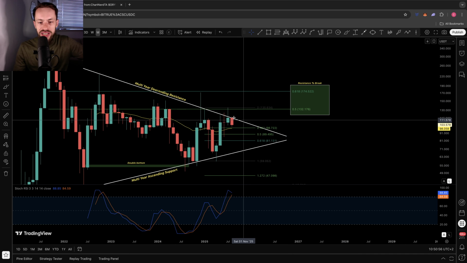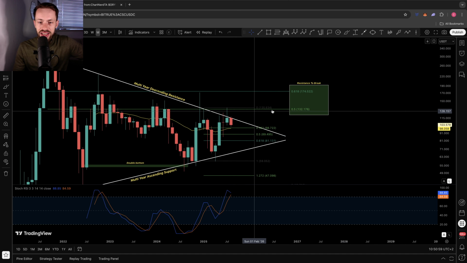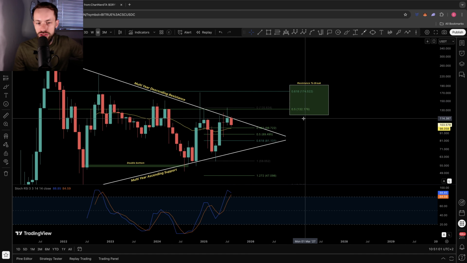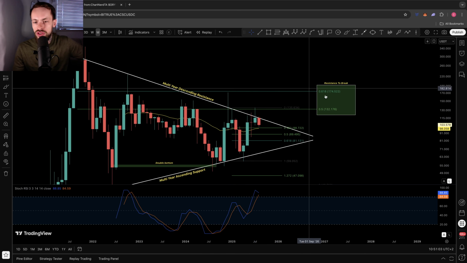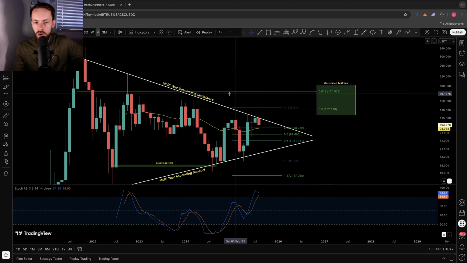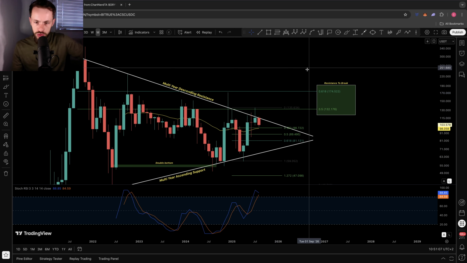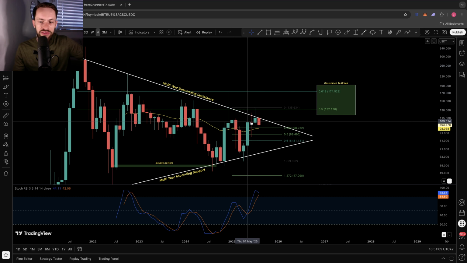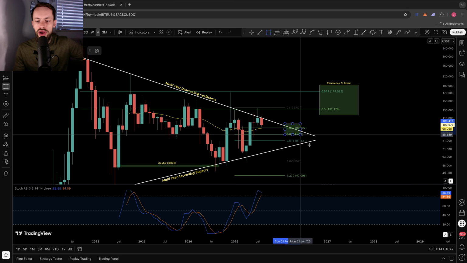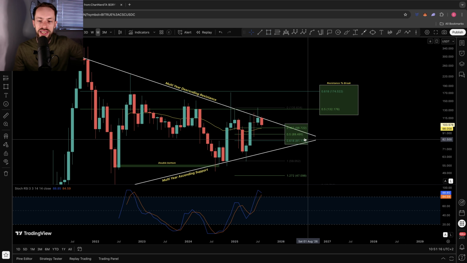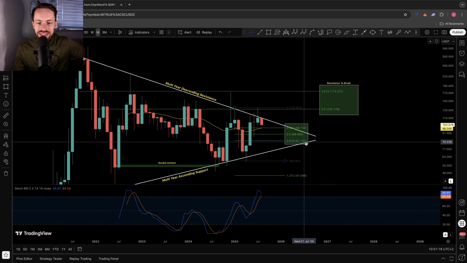And again, if we do start tackling out of this descending resistance and essentially breaking $132, I think that's the go sign to push to $174. And then once that's cleared, you're looking back to the all-time high. So the key levels I would look for on a retracement, if this isn't the time to actually break out, and we could get some further opportunity here, is between $98 to $81.